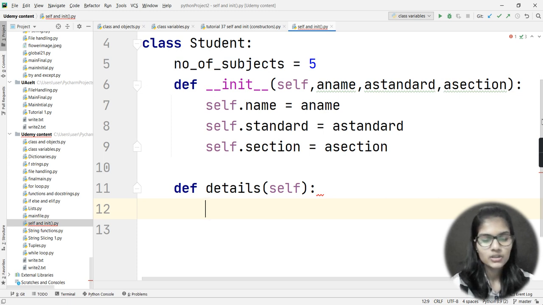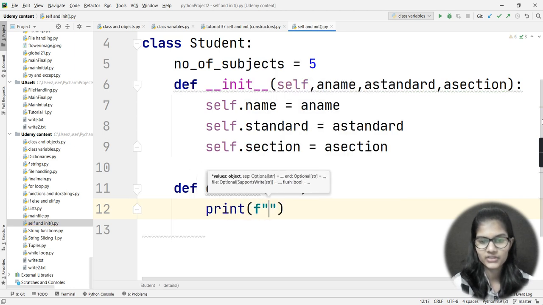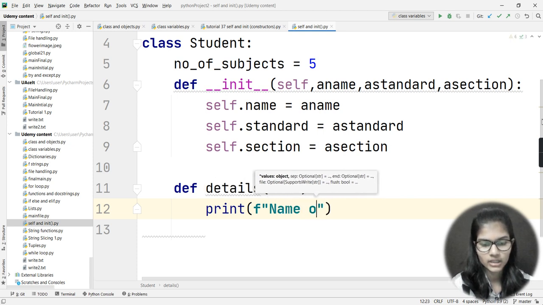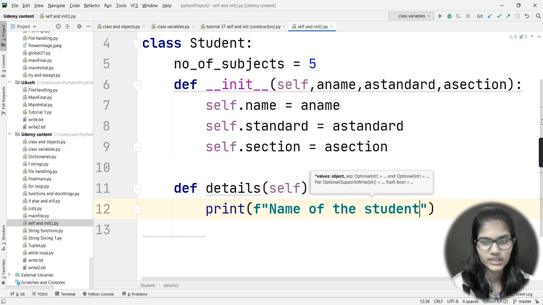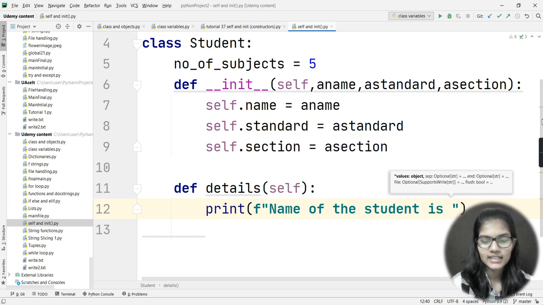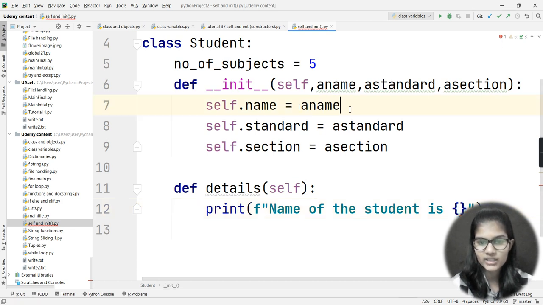Fine. So in this case, I would simply use my print statement and I would use the f string. So here I would write, name of the student is, and in the bracket what would I be passing? I would be passing self dot name because in that parameter only a name is stored, right?